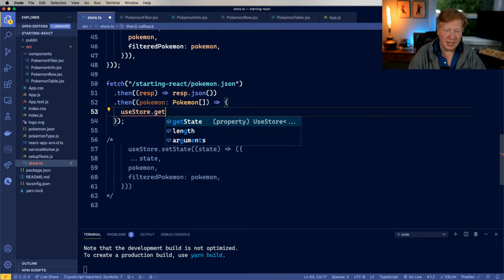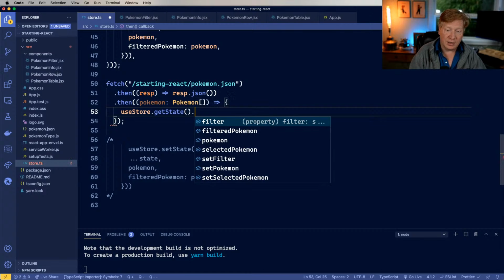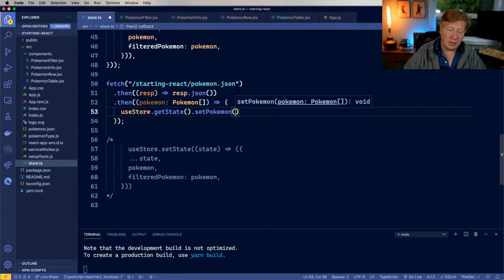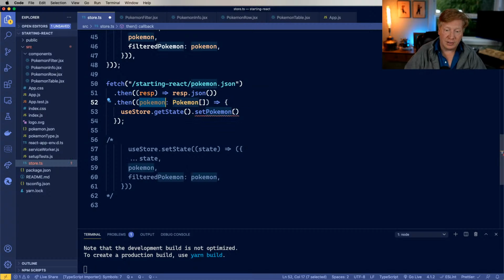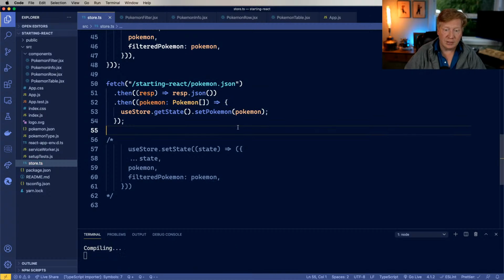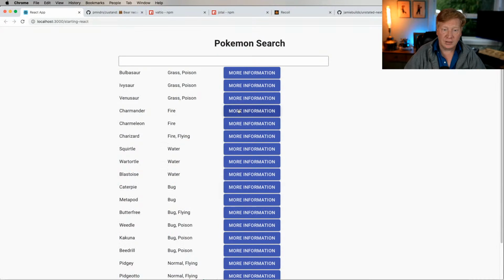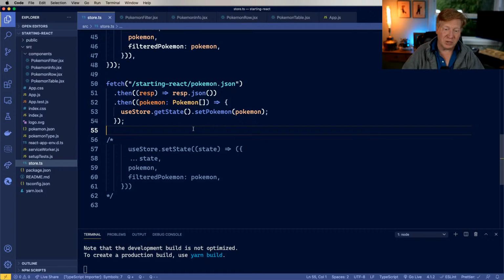Can I do a get state? Oh, I can. Okay, cool. So if I get state, then I think I can do set Pokemon and just do Pokemon like that. Can I do that? Does that work? Okay. Hey, it does! Hey, nice. So that is much, much cleaner